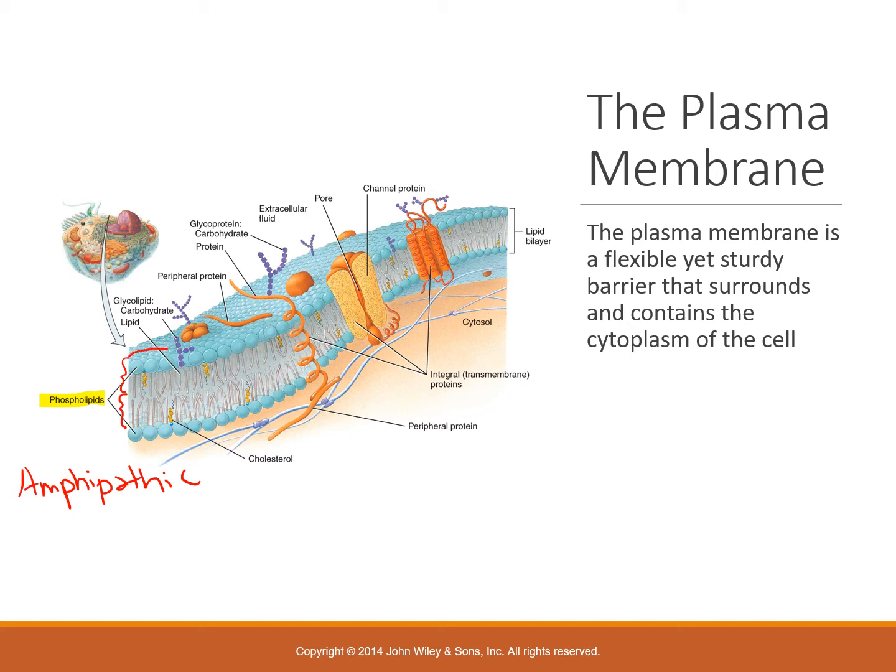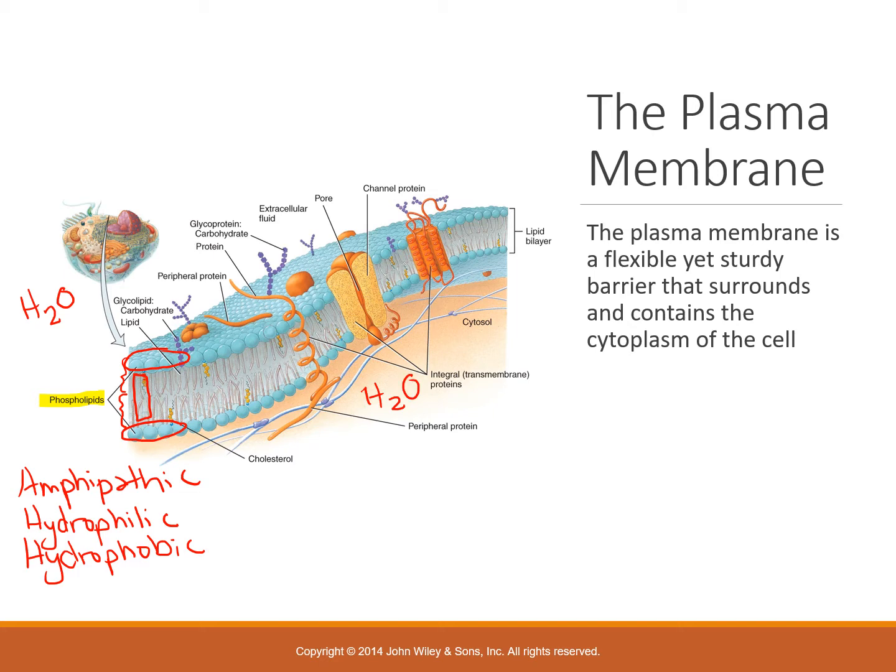Remember that the heads, which are on the outsides, are going to be very polar or hydrophilic, or water-loving, whereas the tails, which are going to be on this interior part, are going to be very nonpolar or very hydrophobic, or very water-hating. So because you have water or very polar compounds on both sides of the plasma membrane, you're